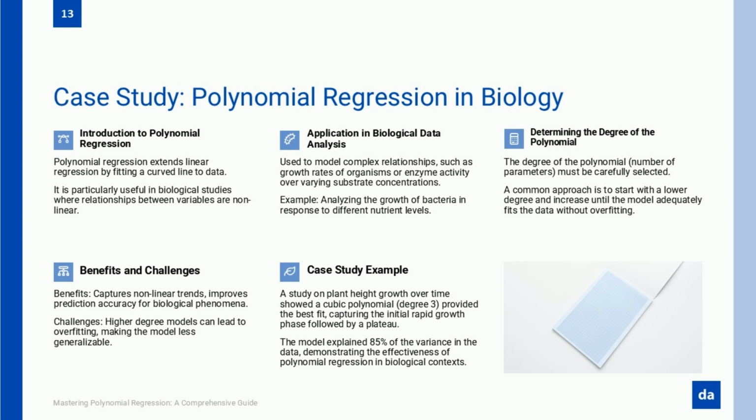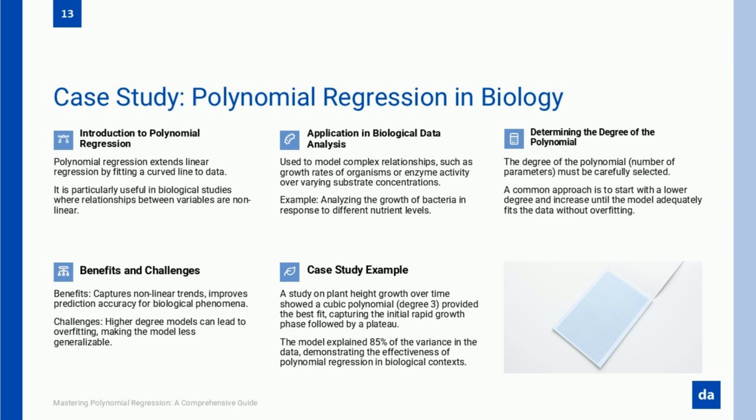Polynomial regression helps smooth out fluctuations and detect underlying trends, but it must be used carefully to avoid overfitting to noise. One approach to mitigating this risk is to use smoothed polynomial regression, which applies constraints to prevent excessive fluctuations in the fitted curve. Polynomial regression is also used in genetic studies, where researchers analyze relationships between gene expression levels and environmental conditions. In this context, polynomial models help identify nonlinear gene interactions, improving our understanding of how genes regulate